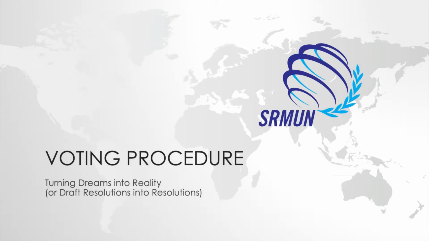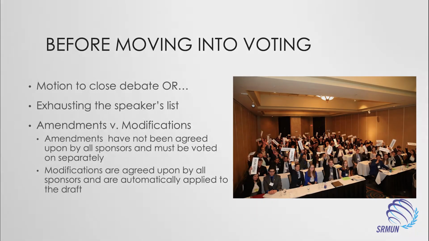Voting procedure is basically the goal of what you want to do, right? You want to vote on your papers. There's ways you can do it. You can motion to close debate. You can exhaust the speakers list. And amendments and modifications,